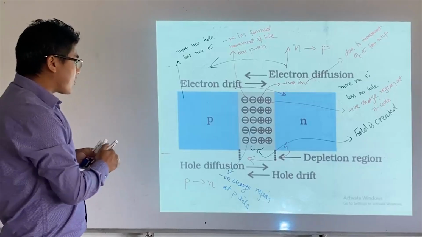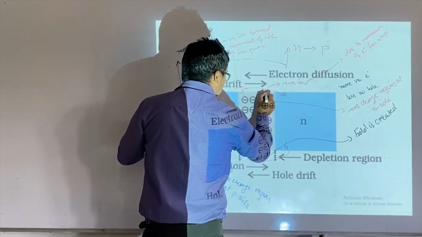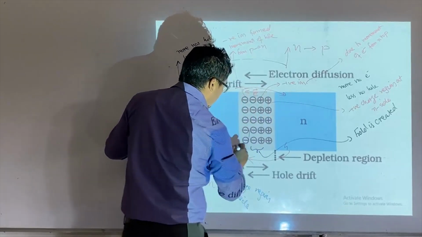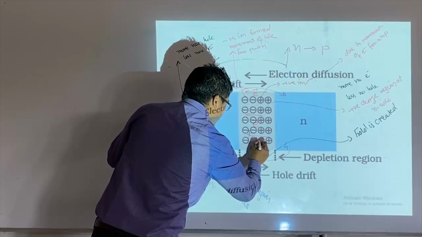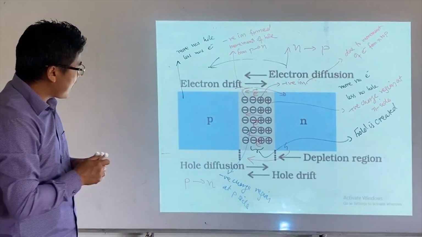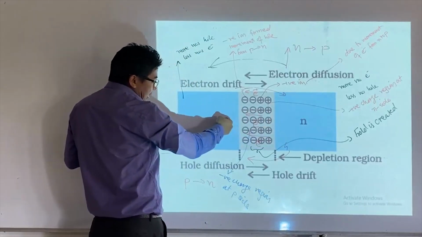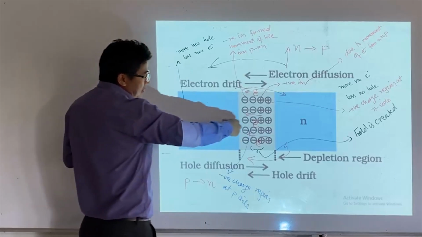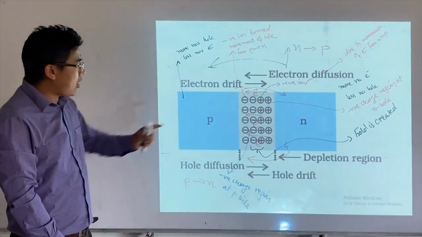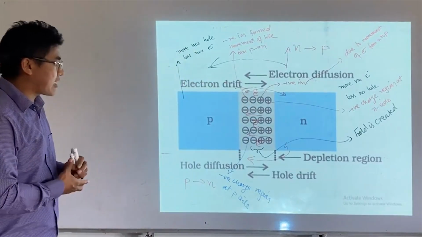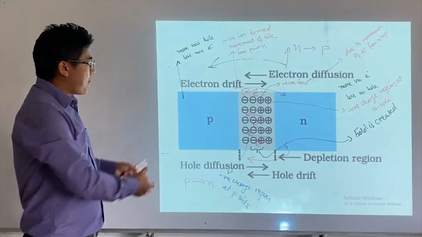Alright, so when I write here, this is the electric field direction. And this electric field brings the minority hole into a p-type semiconductor, and it brings a minority electron into an n-type semiconductor. So therefore diffusion is already created, and drift is created, and because of which